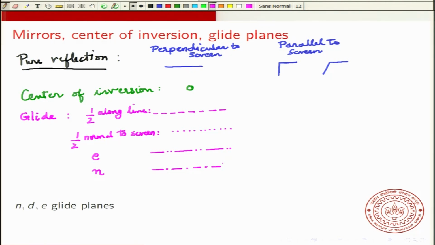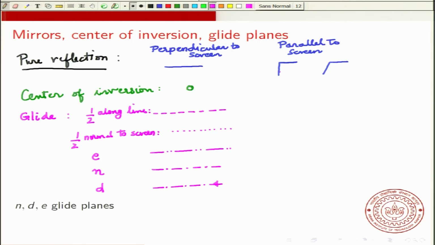Then you could have a diamond glide, that is D, that is a diamond glide plane. The symbol is very similar to the diagonal glide, but there is an arrow that is drawn to indicate that it is a diamond glide plane. So these are the various glide planes that you could have that are perpendicular to the screen. Now, when they are parallel to the screen, we saw that the pure reflection is shown by this